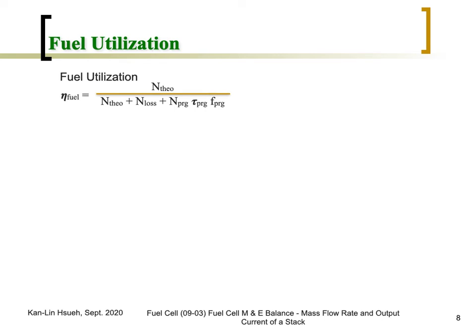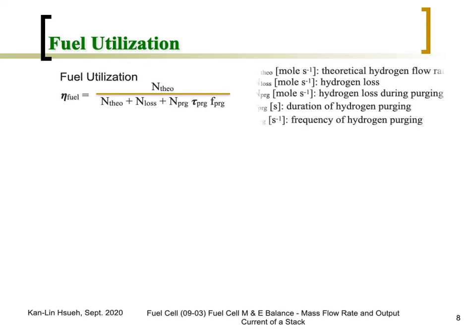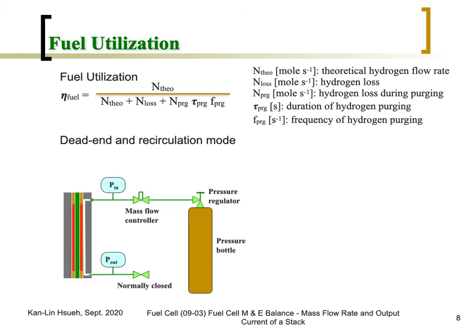The N series means the theoretical hydrogen flow rate divided by the actual fed-in hydrogen flow rate. There will be N series plus N loss, maybe hydrogen loss, and then there's purging. The purging depends on fuel cell operation, the different operating modes. For instance, there's a dead end and a recirculation mode. The dead end means like this, we've been